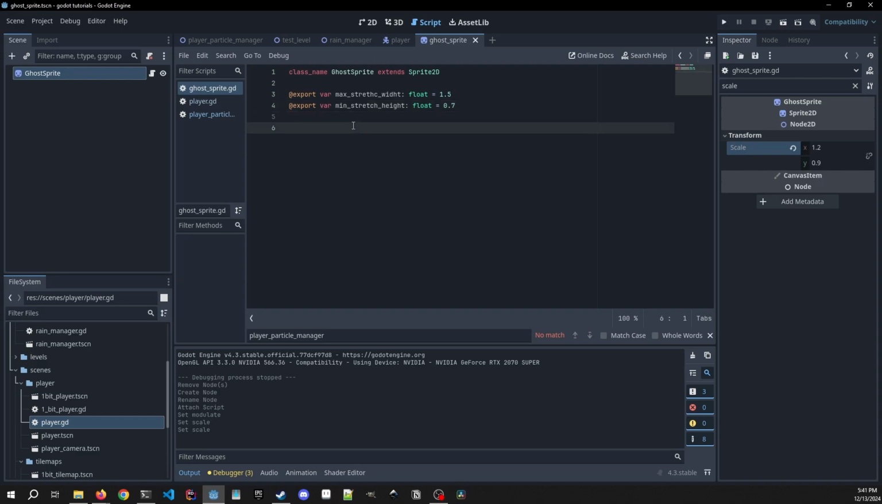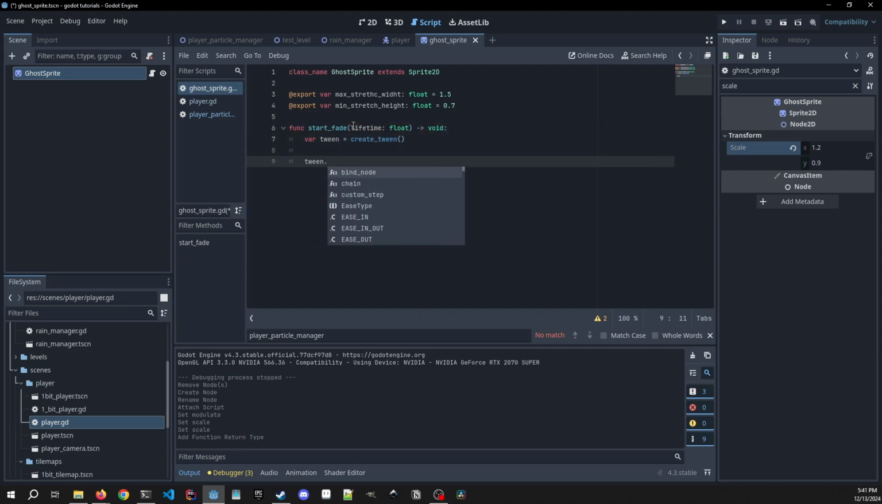We're going to have only one method in here, and it's going to be called start_fade. We're going to pass in a lifetime, which is a float. It's not going to return anything. And inside of this, we're going to create a tween variable where we create a tween, which is going to set up all of our effects that we're going to need inside of this tween. In the tween, we're going to do